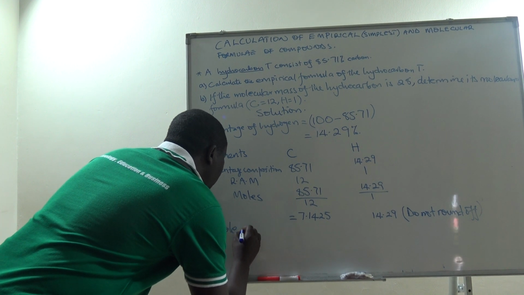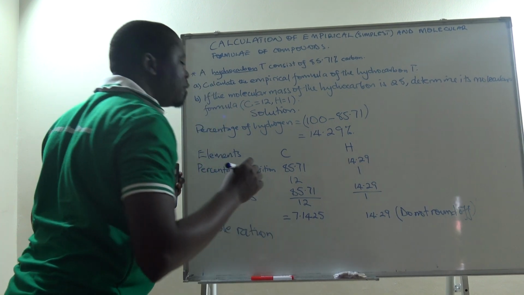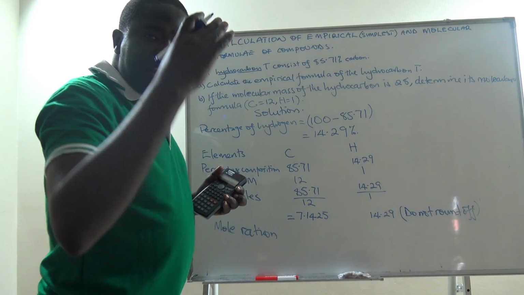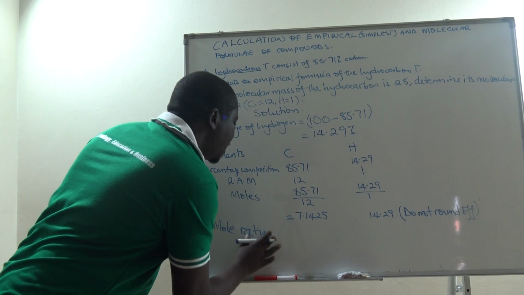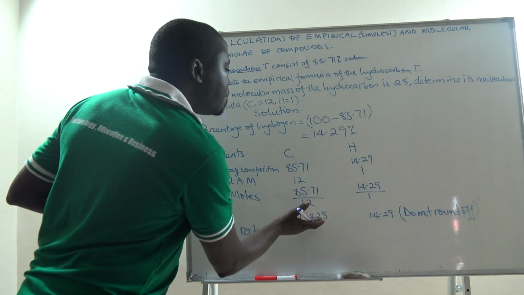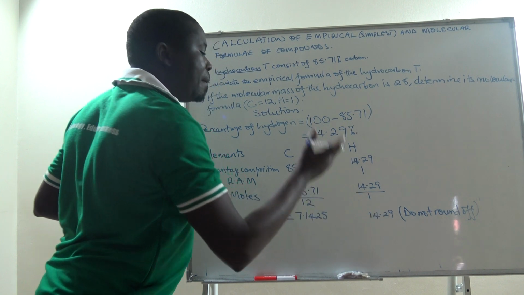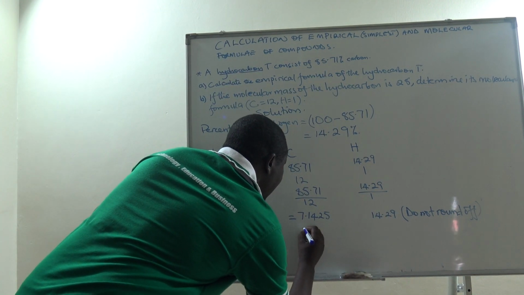Remember that we are moving towards what we call the empirical formula, which is a formula which expresses the ratio of the number of moles. That's what we call the mole ratio. So in getting the mole ratio, we shall be dividing the number of moles that we have got from here by the smaller number of moles. So this one, the mole ratio will be